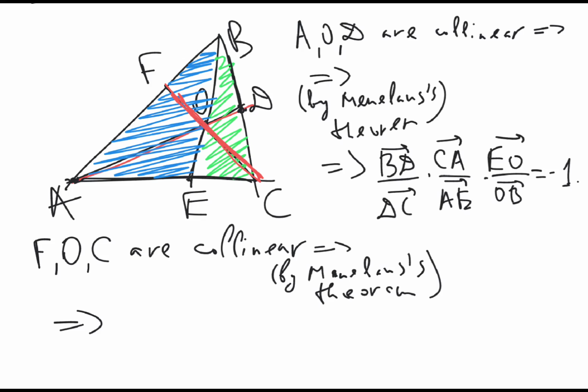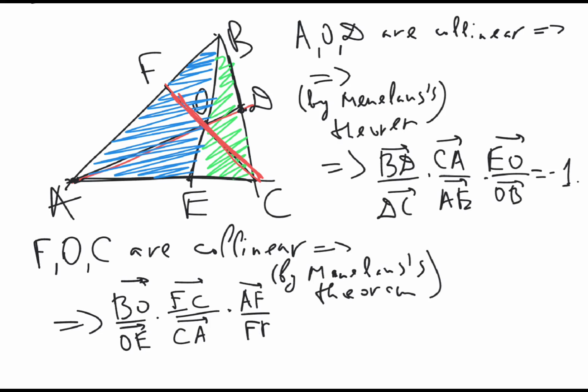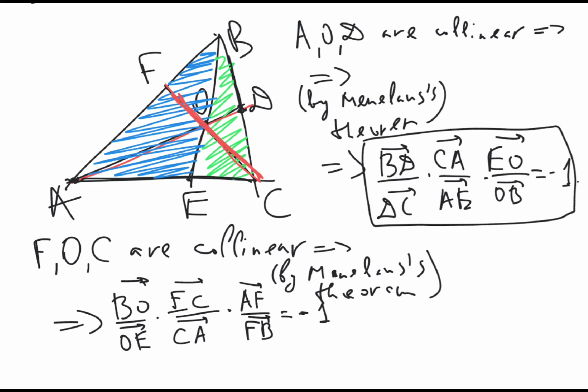So starting from B, so BO over OE multiplied by EC over CA multiplied by AF over FB is equal to -1. And so basically now we need to combine these two equalities